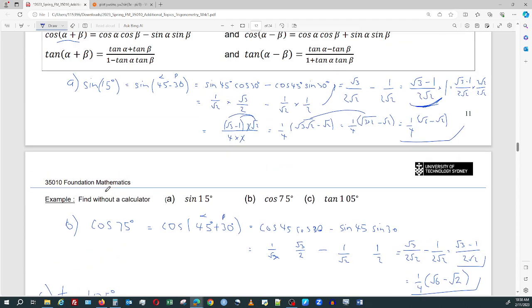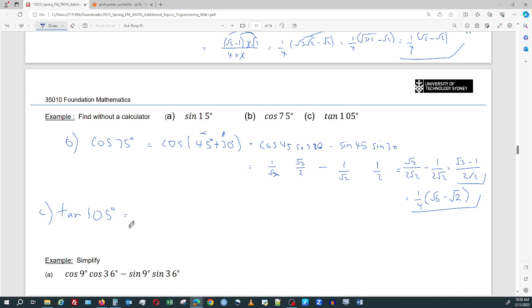Alright, tan 105 degrees. Let's go up and see if we can make a sum or a difference. So what have we got? 60 and 45. 60 and 45 will get us there. So tan of 60 plus 45 is 105. So that's our substitution, which further leads to